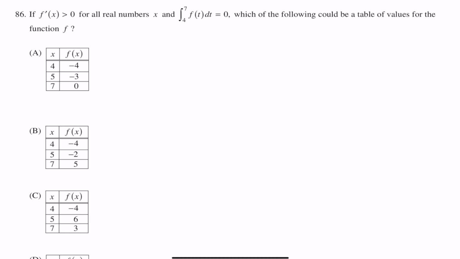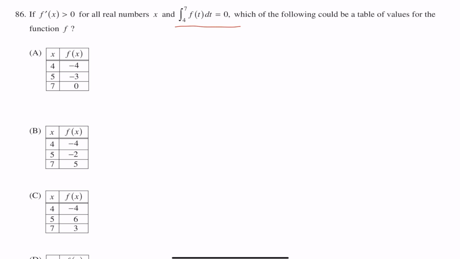Number 86. If f prime is greater than 0, aka slope is positive, for all real numbers x, so throughout the graph slope is positive, and the integral from 4 to 7 of f of t dt is 0, so the area under the curve better be 0. Which of the following could be a table of values for the function f? Once again, remember, the area under the curve better be 0, and the slope has to be increasing at